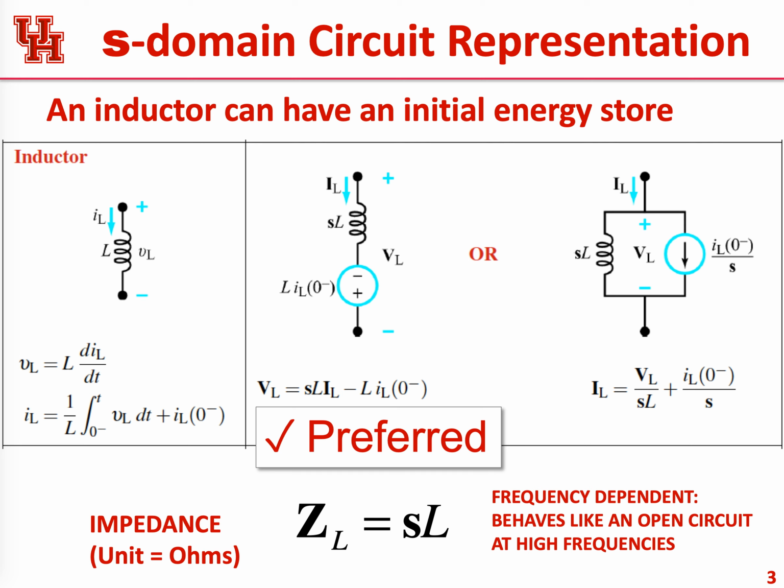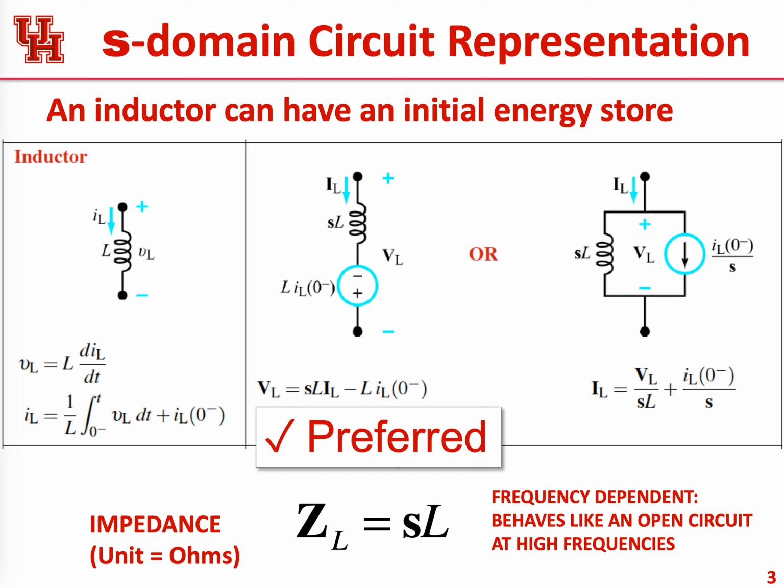If we were to look at this, we get sL I_L(s) minus L I_L(0 minus). So if we were to compare this with the previous equation for the resistor, which was V_R is R times the current through the resistor,